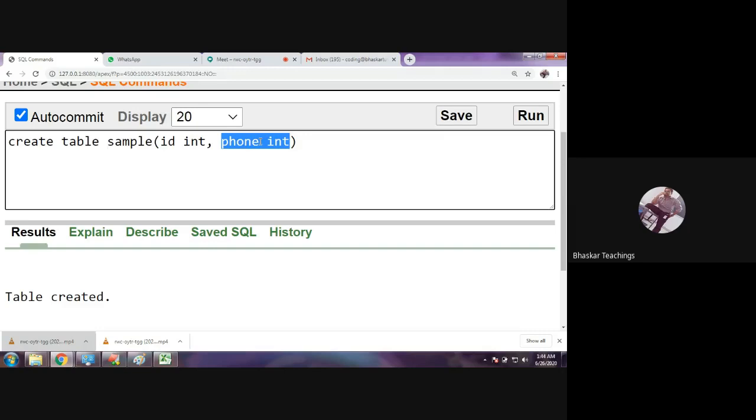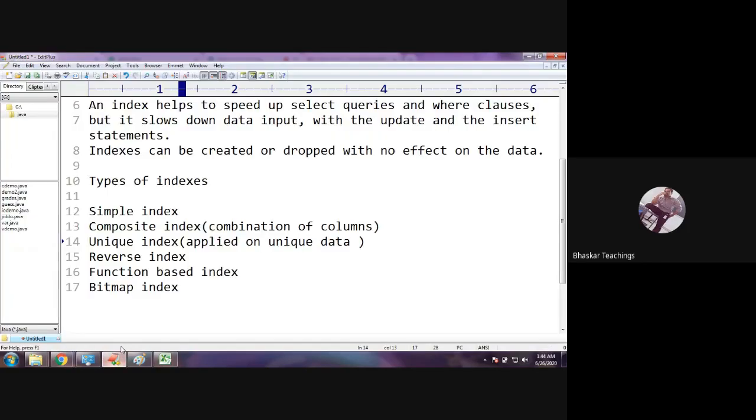Just like a unique constraint, I told you there is no difference between adding a unique index on a column or applying a unique constraint on that column. Now let us see. Let us create an index on that column first. Previously the syntax was create index, index name, on the table name. But here this is a unique index, so you need to mention the unique keyword also.